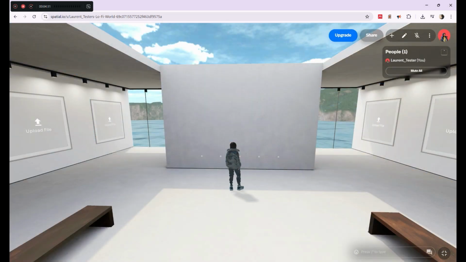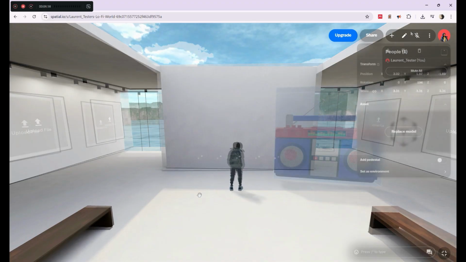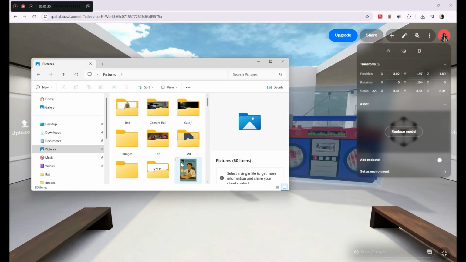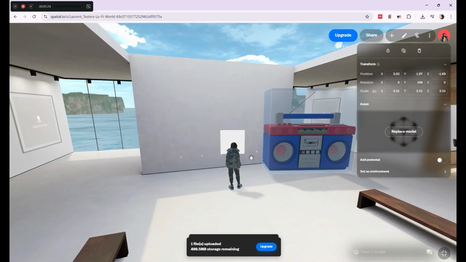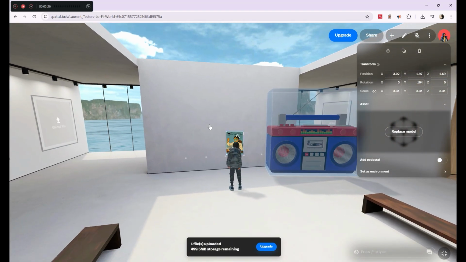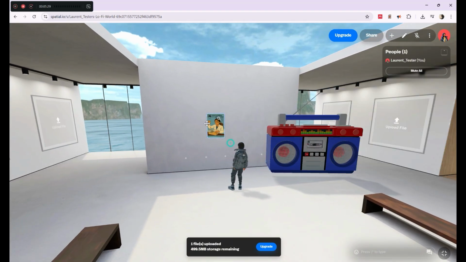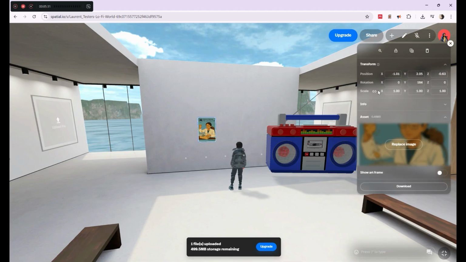Now let's talk about adding elements to your environment. Spatial makes this very simple. You can upload content by dragging and dropping files directly into the space. Once your files are uploaded, you can move them using your mouse in a browser or use controllers if you